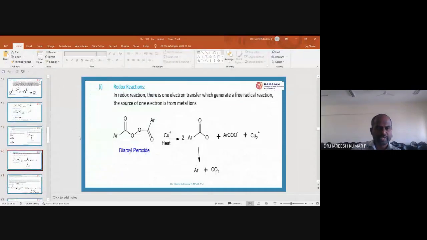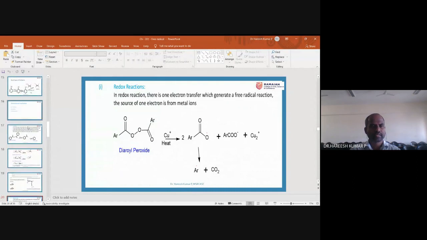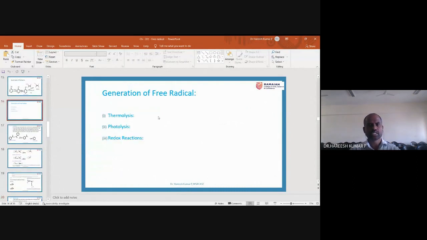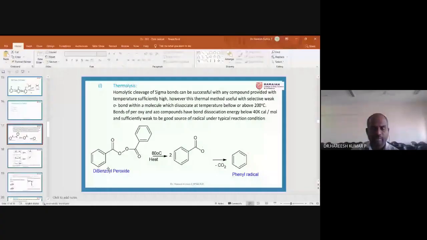Redox reaction. So that means there are three types of free radical generation. One is thermolysis, another one is photolysis, and one more is redox reactions. Thermolysis means by using heat, one can generate a free radical. For example, dibenzoyl peroxide at 80 degrees: there will be a homolytic cleavage of the oxygen-oxygen bond, and also between the phenyl and the carbonyl carbon. So initially two benzoyloxy radicals, and after removal of carbon dioxide, a phenyl radical is formed